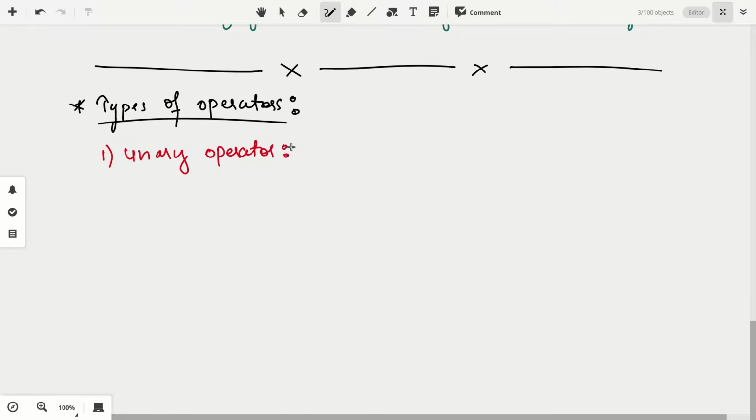These operators work on only one operand.